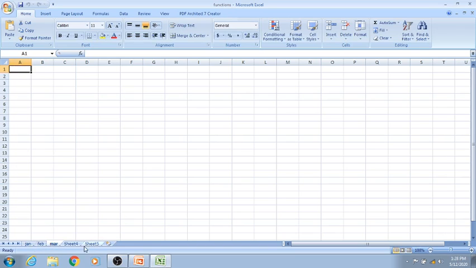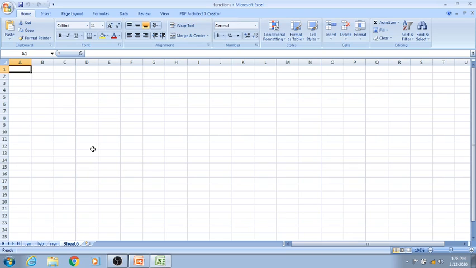If you want to delete a sheet, simply take the mouse pointer on the sheet tab, press the right button of the mouse and delete. See, once again, if you want to delete this sheet, place the pointer here, click the right mouse button and delete. Now if you press the mouse button here, the right button, you can see you have the options for inserting a worksheet, deleting a worksheet and renaming a worksheet. So this way also you can do, or the way I have told, that way also you can do.